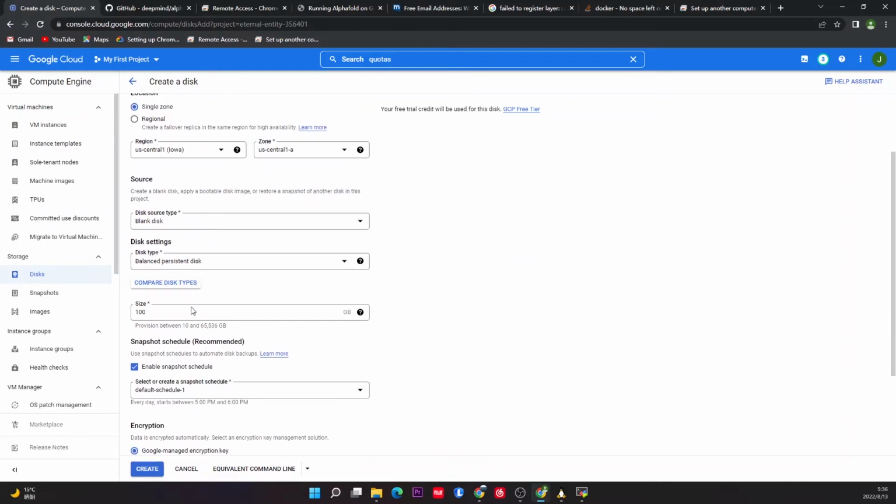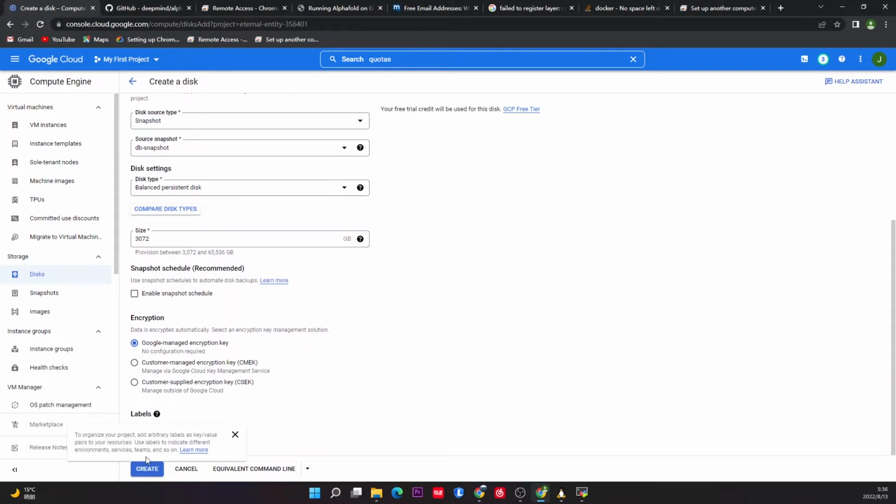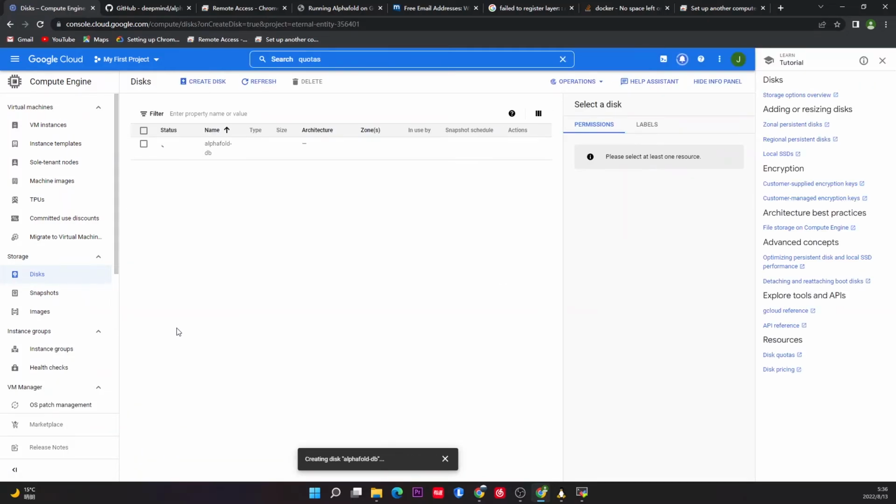And then we just go to the disks option in the left tab, and we start by creating a disk. For the disk source type, we choose snapshot and use the aforementioned DB snapshot. If you do not want to create an additional snapshot, you can just uncheck the enable snapshot schedule option. But if you want one more backup, you can also enable that selection. It usually takes 2 or 3 minutes to recreate the AlphaFold database, which is a 3 TB disk. And after it is created,